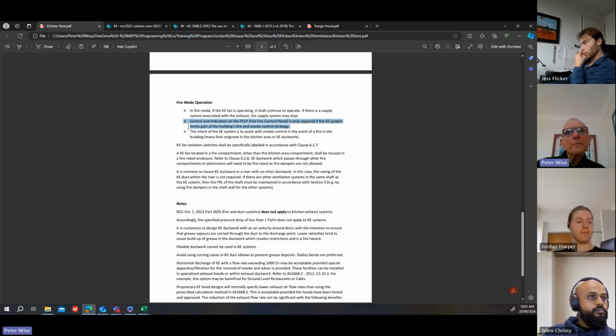So the fire fan control panel may be part of that or next to it, and that's controlling any fans that have to run in fire mode. So it might be smoke exhaust fans, stair pressurization, and so on. And the fire brigade has access to those fire fans. They can switch them on or off, and they've got indication to show that they're running or not running. So you don't have to have that indication and control on that panel